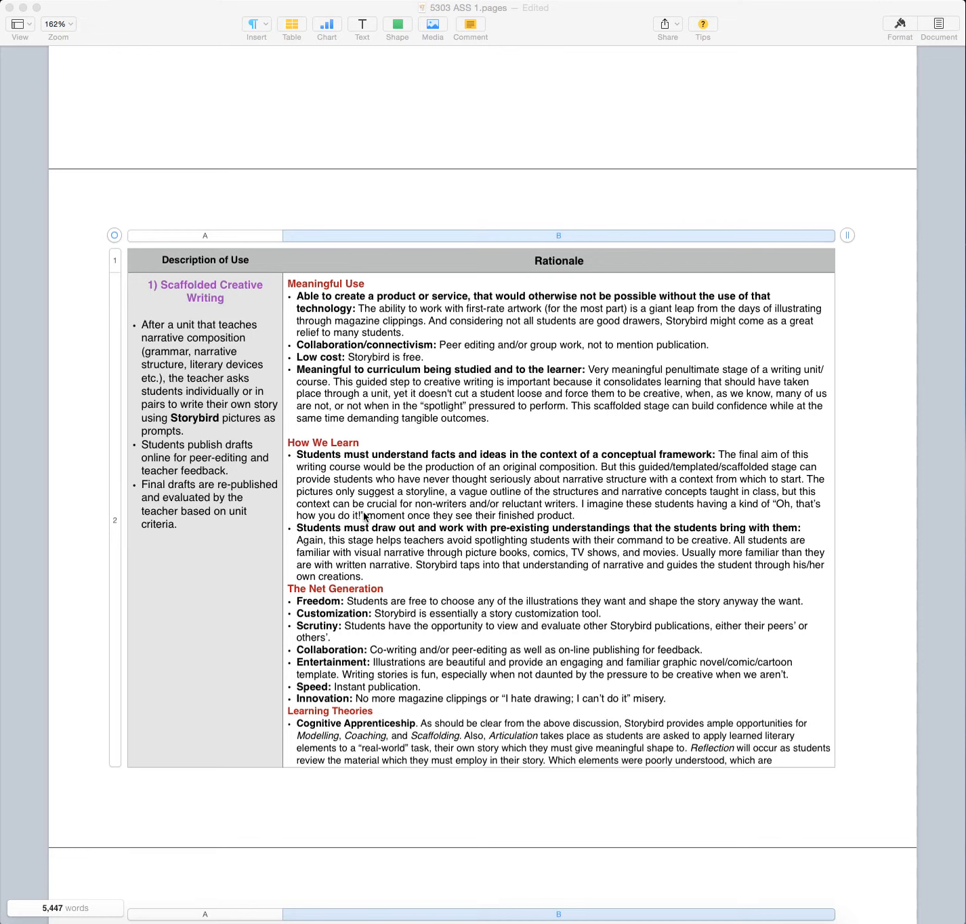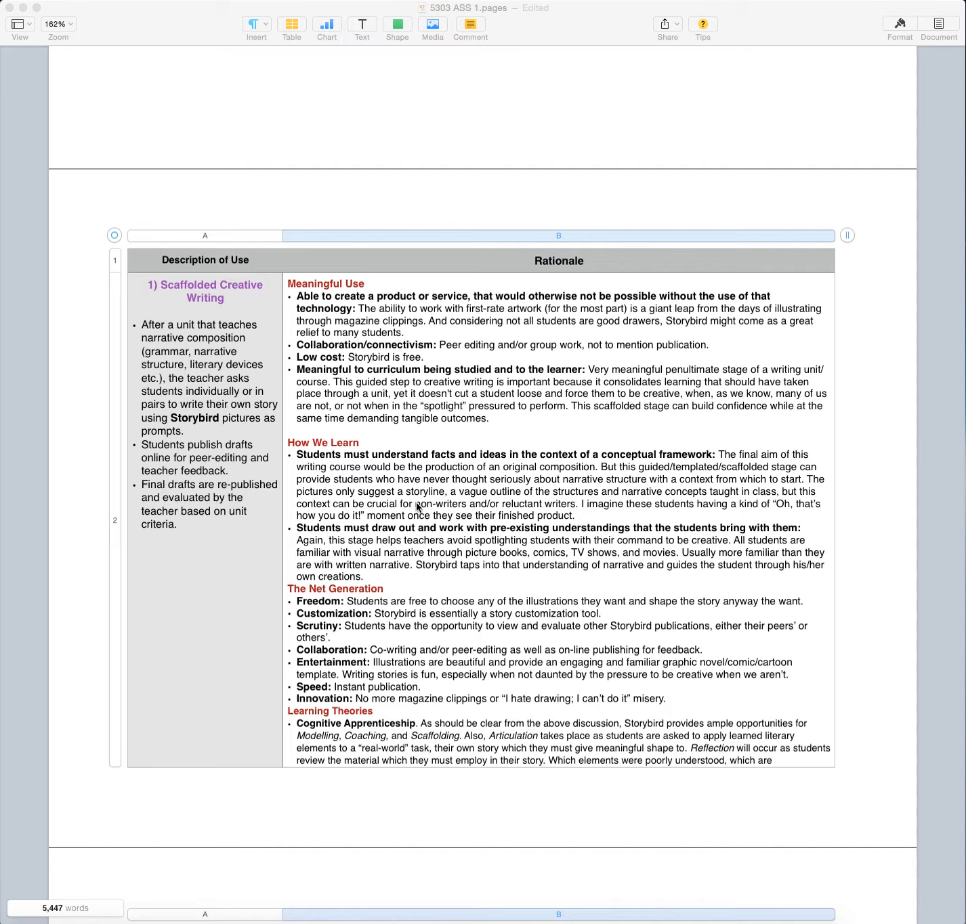So I've already talked a bit about how I would use Storybird in my introduction to Storybird, but I'll go into a little bit more detail here. The most obvious use is as a scaffolded creative writing exercise. After a unit that teaches narrative composition, grammar, narrative structure, literary devices, etc., the teacher asks students individually or in pairs to write their own story using Storybird pictures as prompts. Students publish drafts online for peer editing and teacher feedback, and final drafts are republished and evaluated by the teacher